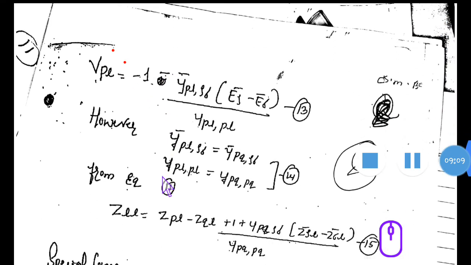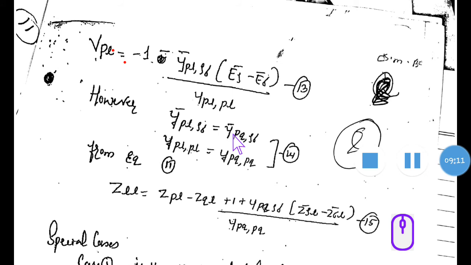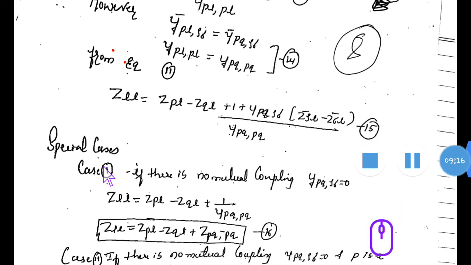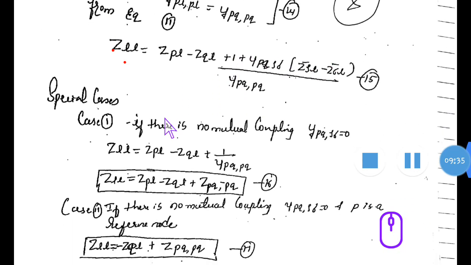Okay, so now PL is replaced by Q. Starting with L it will create, afterwards that has to be replaced. And we are getting the final equation in terms of impedance. Now again cases have to be written. If there is no mutual coupling with reference, wherever the P term ZP, that you have to maintain 0, and YPQ comma rho sigma with mutual, if there is no mutual coupling, this term will be 0. So this term will be 0, but 1 by YPQ comma PQ remains. Okay, so first condition, if there is no reference, so ZPL comma ZQL as it is, and 1 by YPQ comma PQ will be the impedance ZPQ comma PQ.